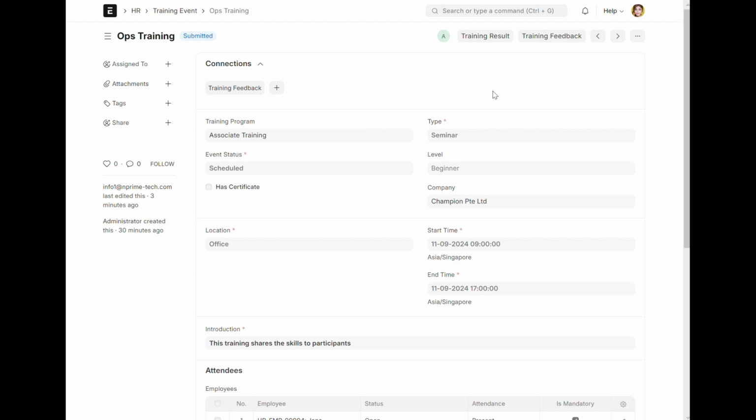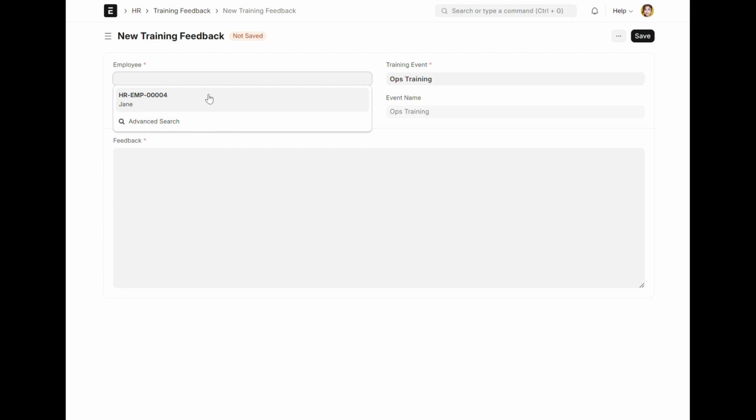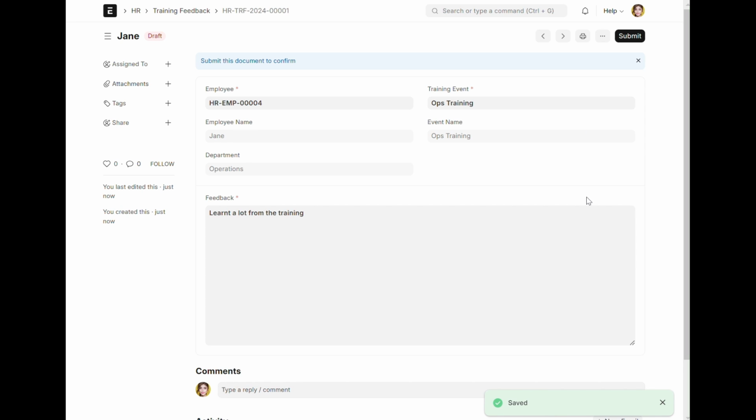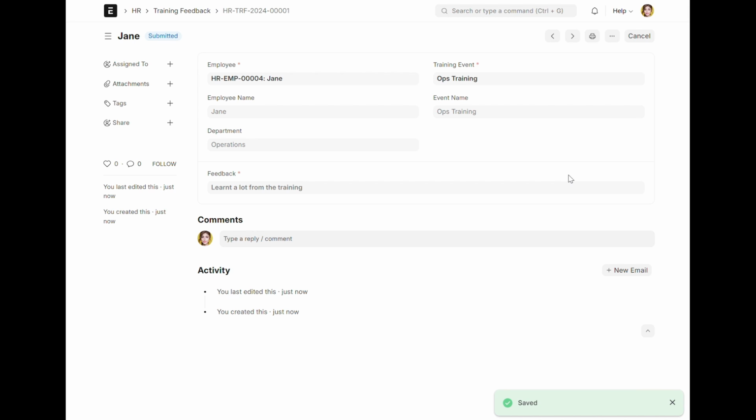Now Jane can look at providing training feedback too for this particular training she's attended. She has to enter her details and what she learned. This is so that it is a two-way feedback. There's a training result from the trainer about Jane, and Jane can also provide a training feedback about the training